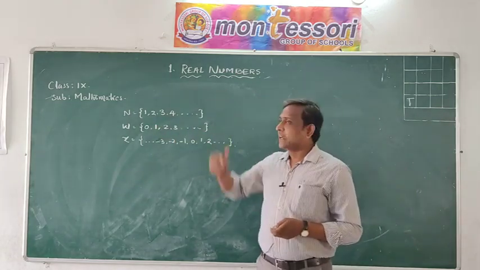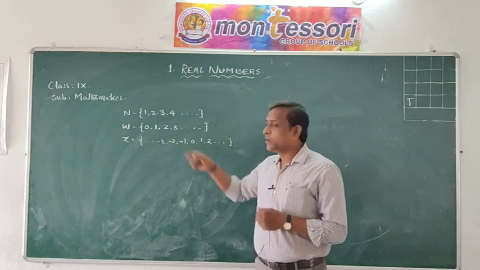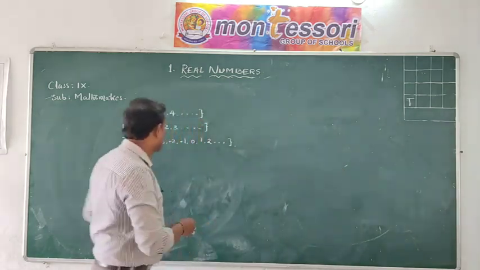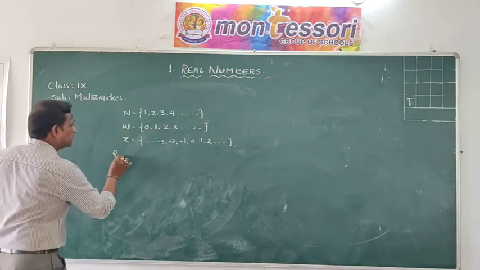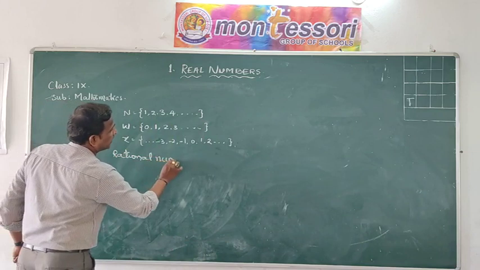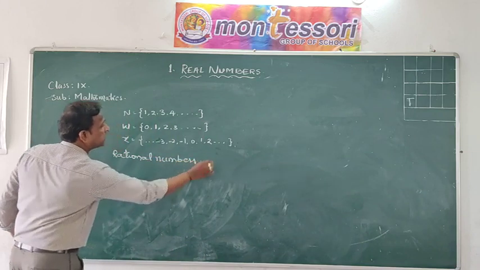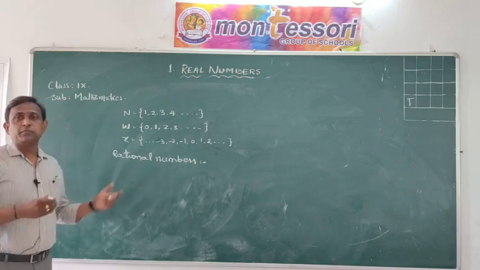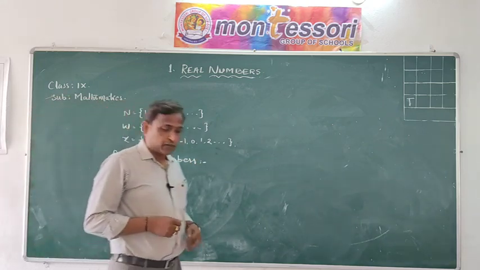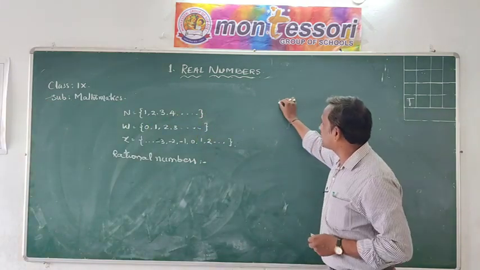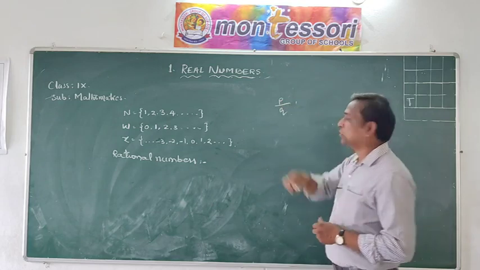But now in our 9th class standard, we are going to discuss rational numbers. That is the most important topic for us, rational numbers. Children, do you know anything about these rational numbers? You see here, a number which can be expressed in the form of p by q.